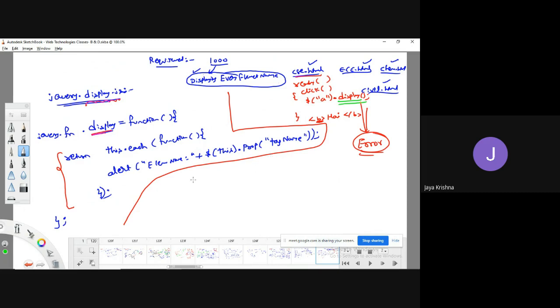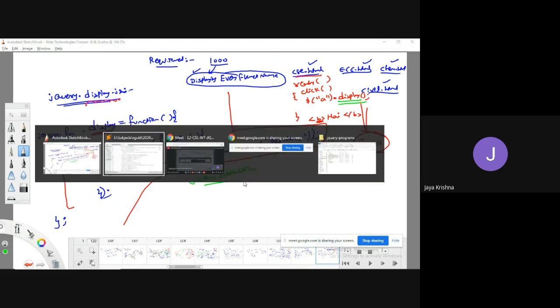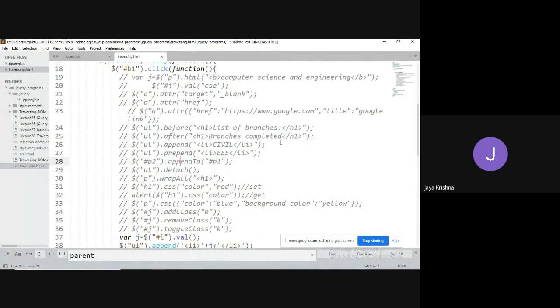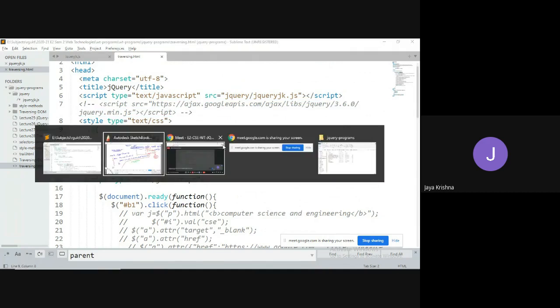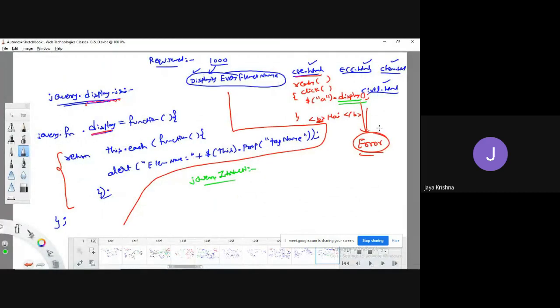Guys, while explaining the jQuery introduction also, without adding the source jQuery jk.js or the CDN, you are going to raise an error, right? So why are you getting this error?